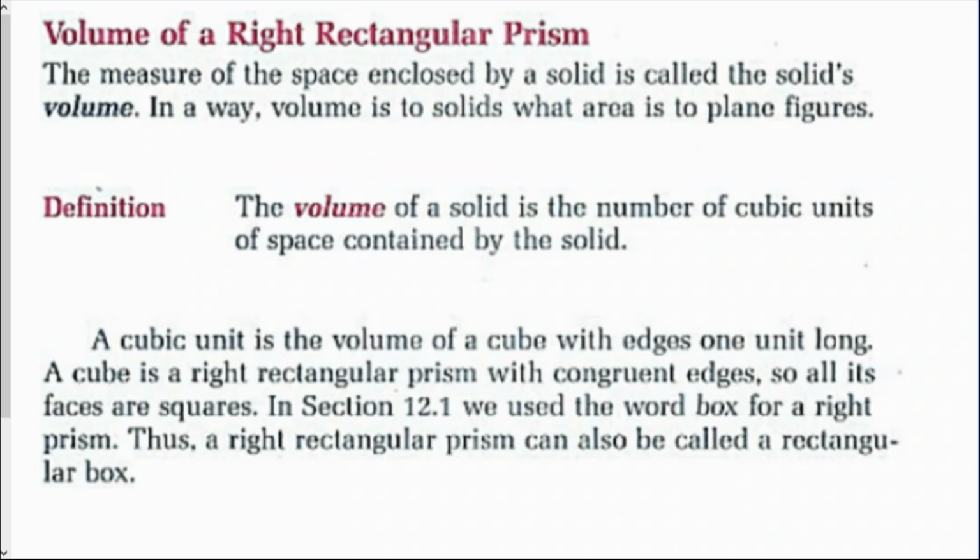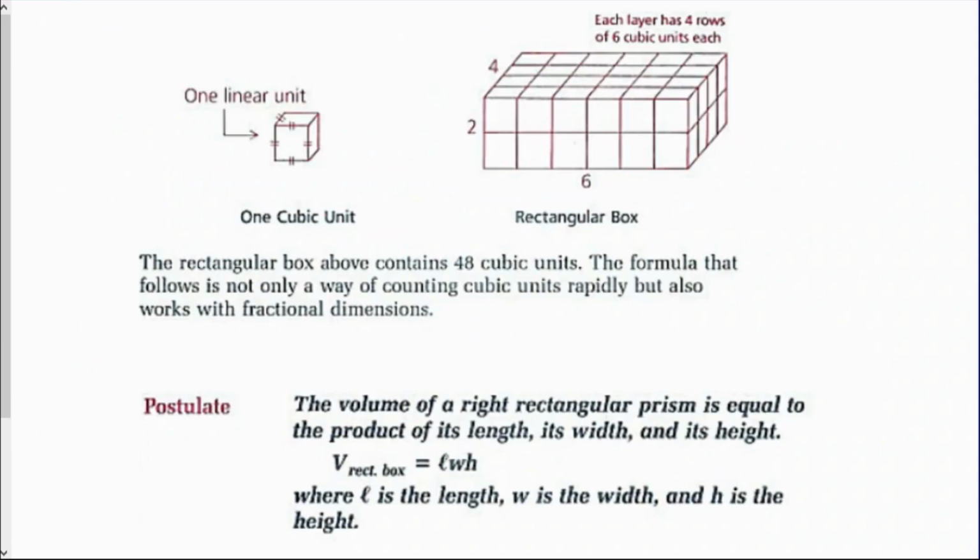In section 12.1, we use the word box for a right prism. Thus, a right rectangular prism can also be called a rectangular box. So the rectangular box above contains 48 cubic units. The formula that follows is not only a way of counting cubic units rapidly, but also works with fractional dimensions. So the volume of a right rectangular prism is equal to the product of its length, its width, and its height. So volume of a rectangular box is LWH, where L is the length, W is the width, and H